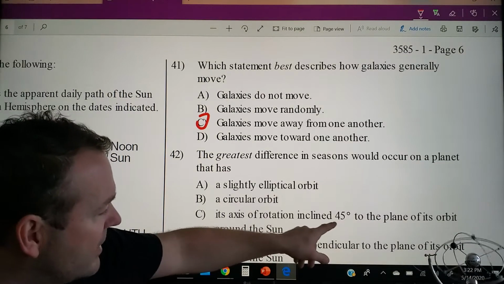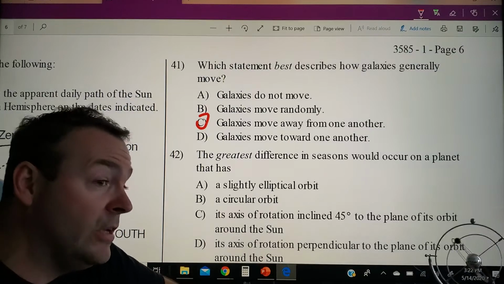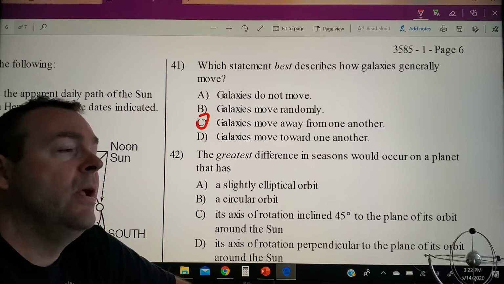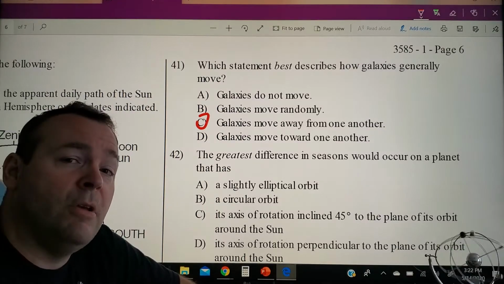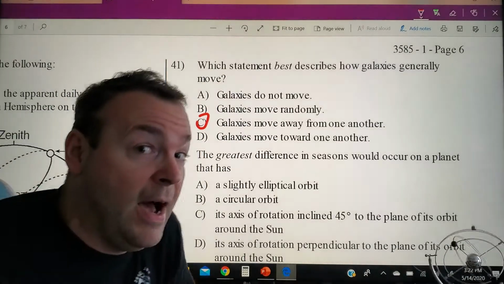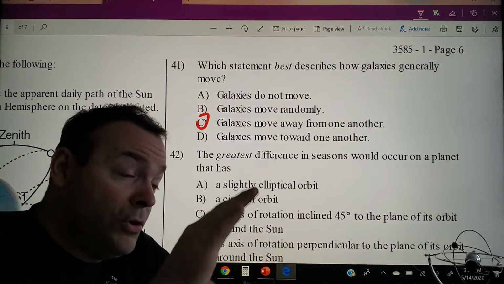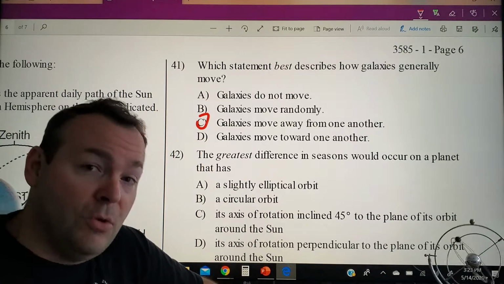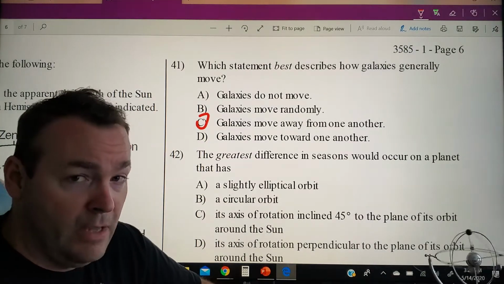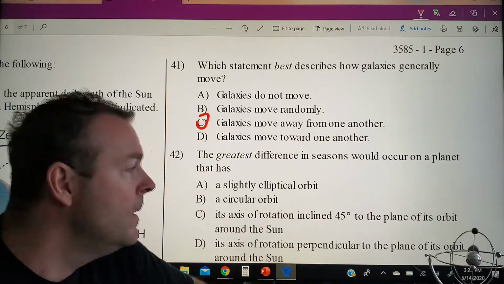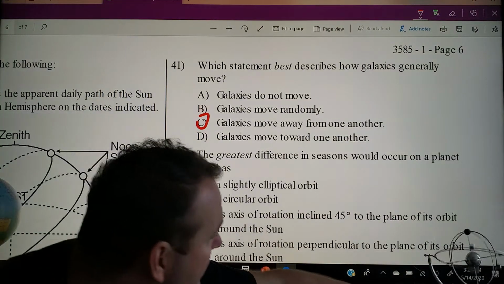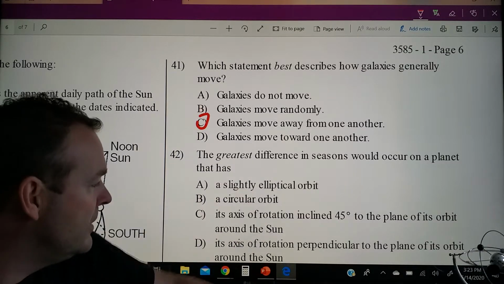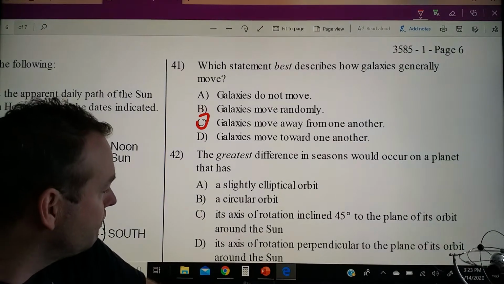That's a fancy way of saying its tilt is 45 degrees. Now that's an extreme tilt, right? Our tilt is 23.5 degrees. But if Earth were tilted at a 45-degree angle, then our summers would be a lot hotter here in Elmont, right? We'd be tilted more toward that sun in the summertime. But in the wintertime, now we'd be tilted much further away, so the winters would be much colder here in Elmont. The seasons would be more extreme. And that's what's going on here. If the axis is tilted 45 degrees, you're going to have a great difference in seasons. Okay?